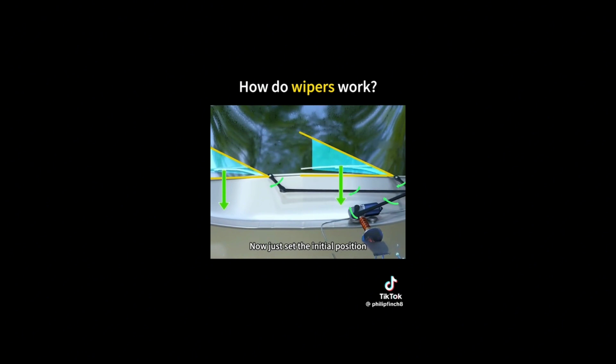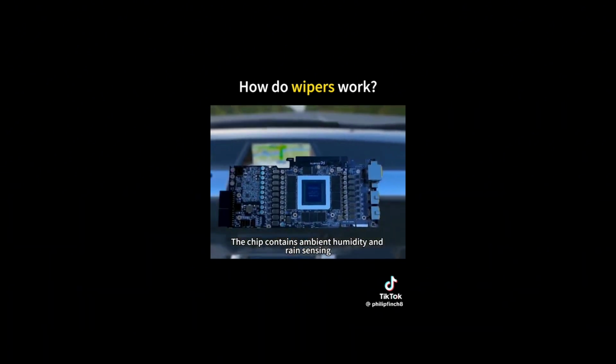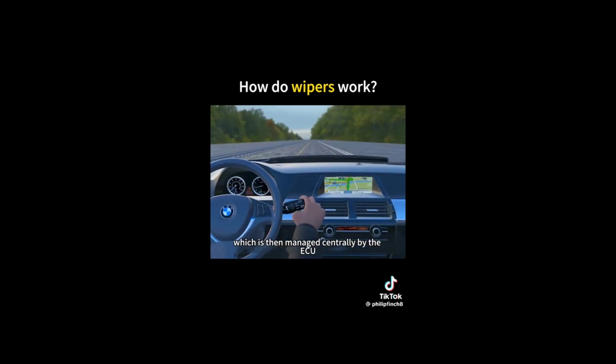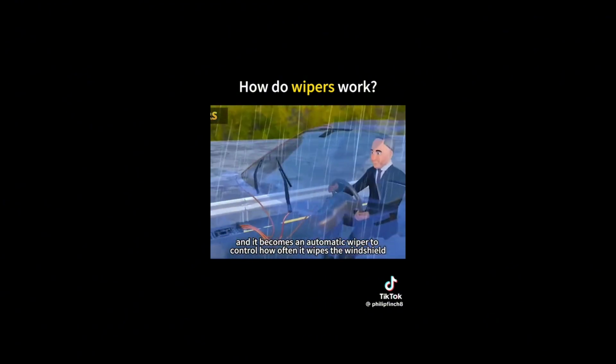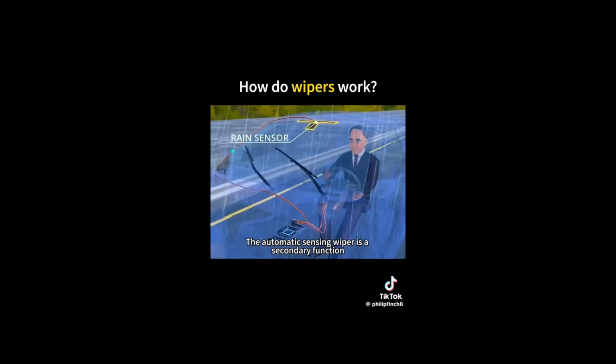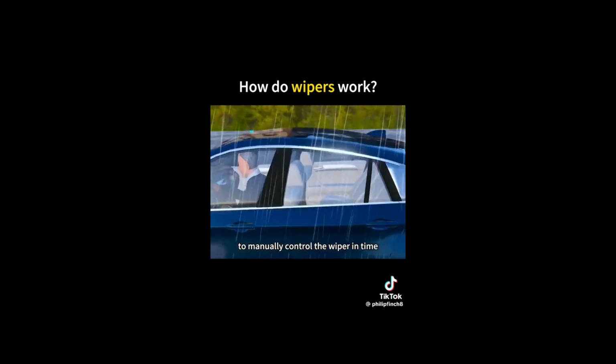Now just set the initial position, replace the mechanism with a relay and the transistor with an integrated chip. The chip contains ambient humidity and rain sensing, which is then managed centrally by the ECU, and it becomes an automatic wiper to control how often it wipes the windshield. The automatic sensing wiper is a secondary function if the glass rain has affected the visibility during driving, to manually control the wiper in